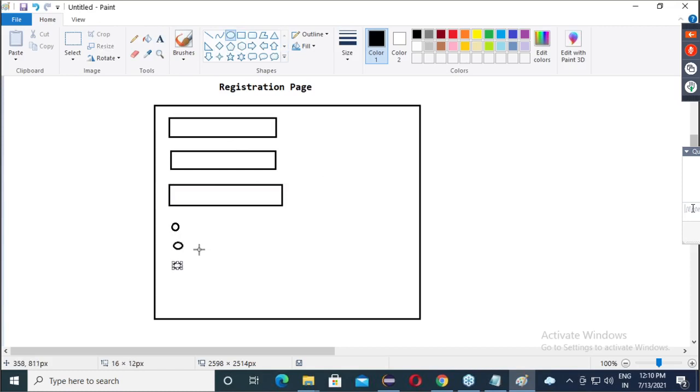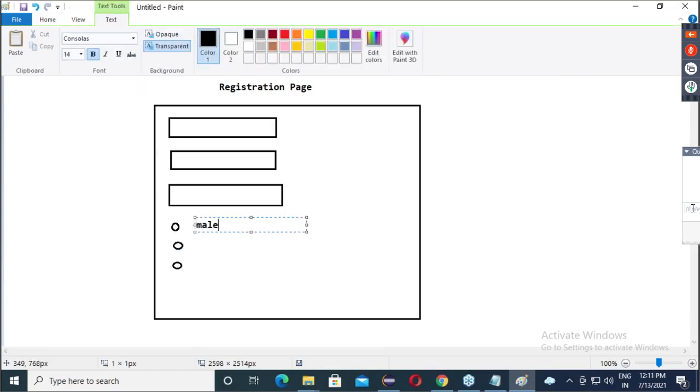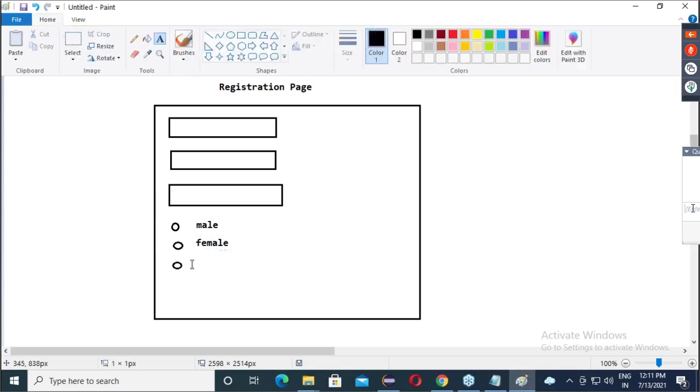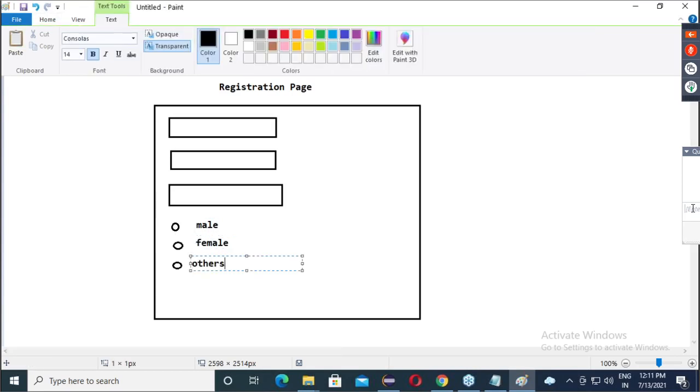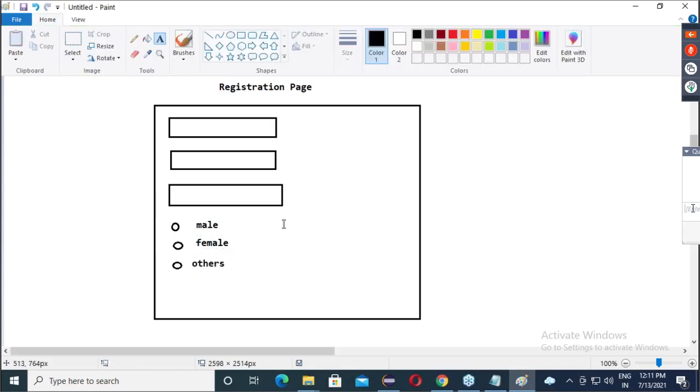Guys, are you getting it? Radio buttons are there, and they will be male, female, others.